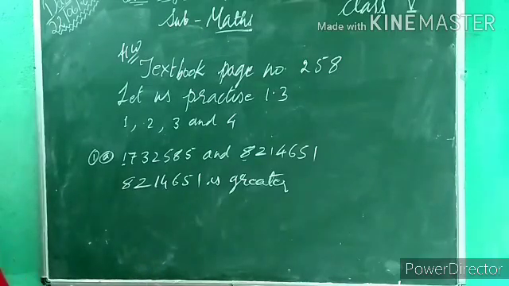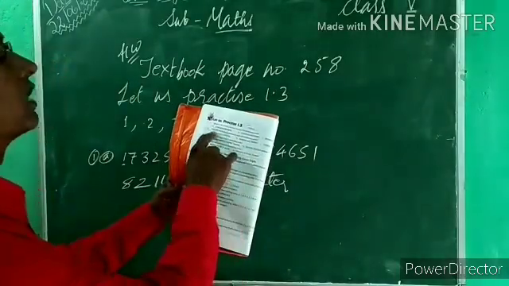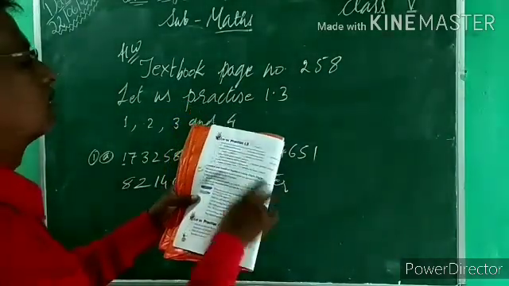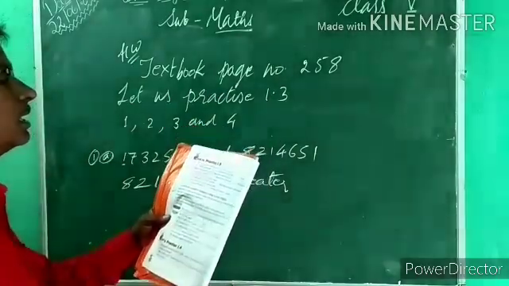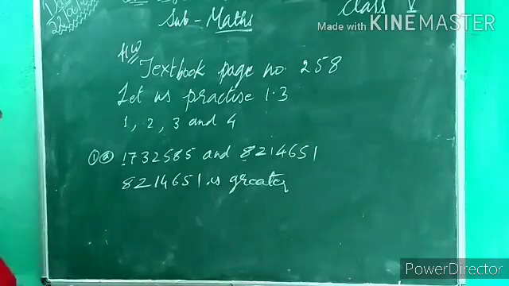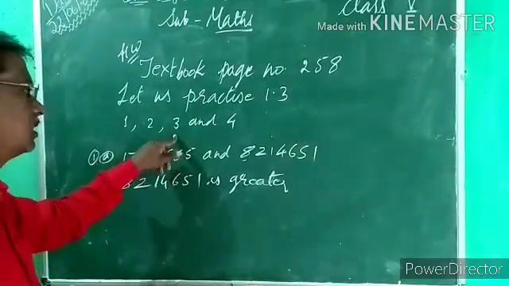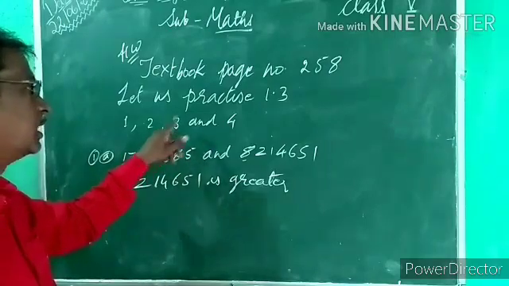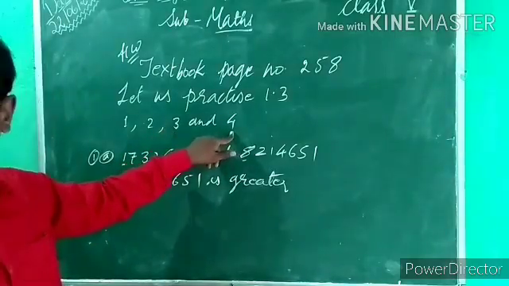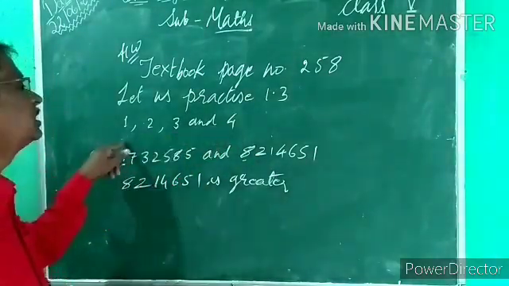And in the second question, what is asked? Which is the smaller number in each of the following pairs? Now here you have to take the smaller number from these 2 numbers. Understood? Second example. Now third, arrange the following in ascending order. Ascending means arranging the numbers from the smallest to the greatest. Understood? Arrange properly. And in question number 4, what is asked? Arrange the following in descending order, यानी बड़े से छोटा. So try to complete these 4 examples.